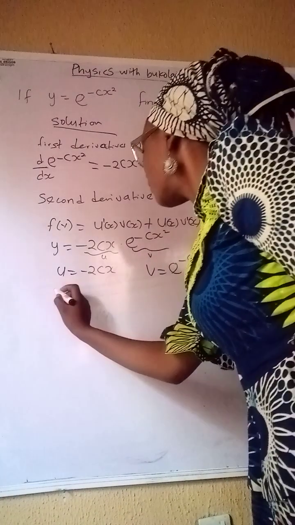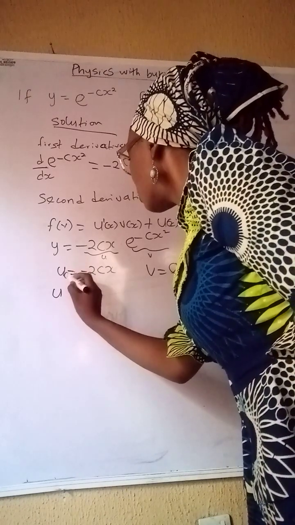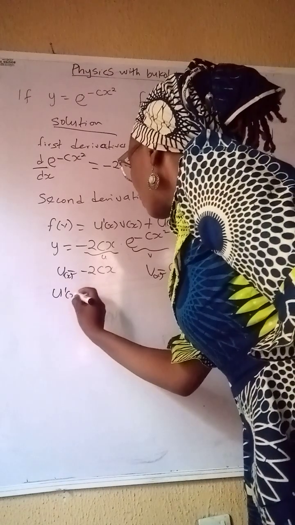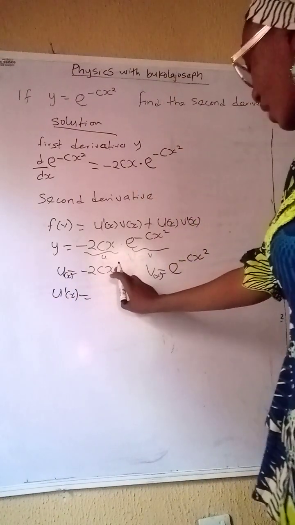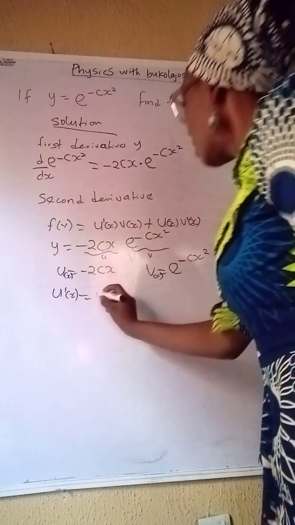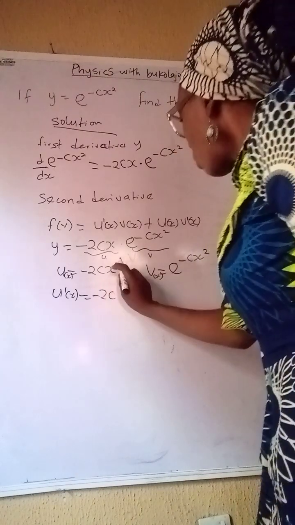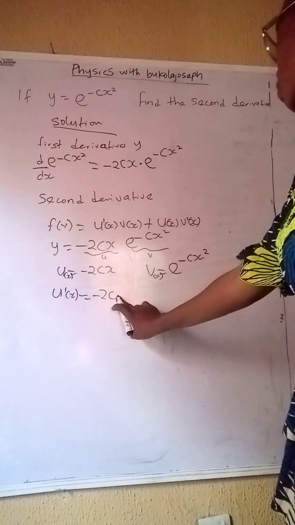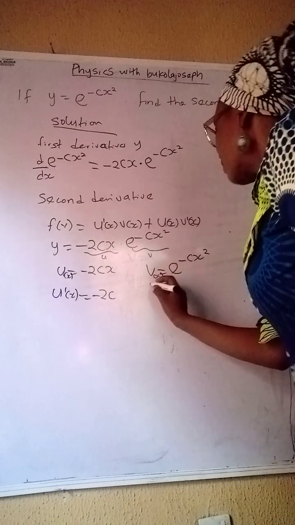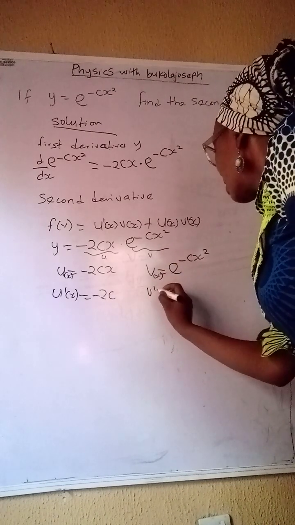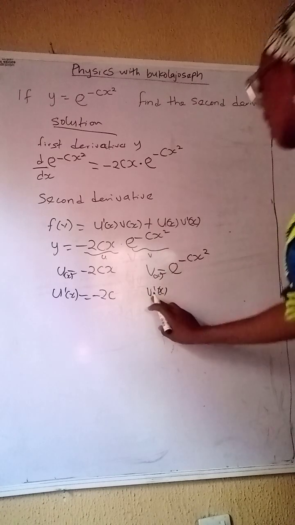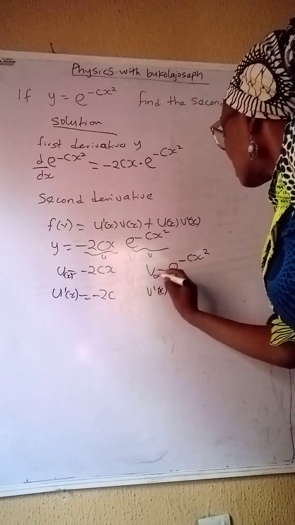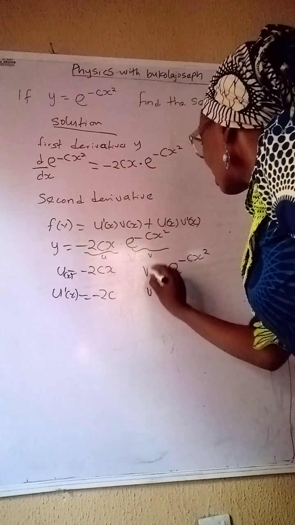Differentiating u with x, we have u prime of x. This is raised to power 1, so we have minus 2c; 1 minus 1 is 0, anything raised to power 0 is 1, so there's no need to put x. Differentiating v with x, v prime of x,